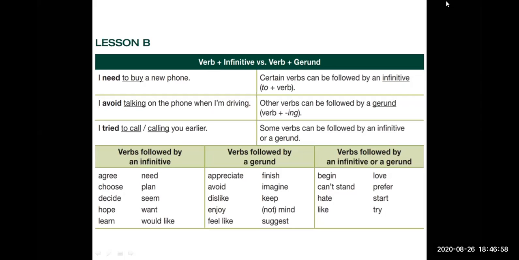Say that after this verb we have to use this, and practice the verb, and this is the only consejo. Advice. Exactly. So we don't have, as she said, we don't have any rule